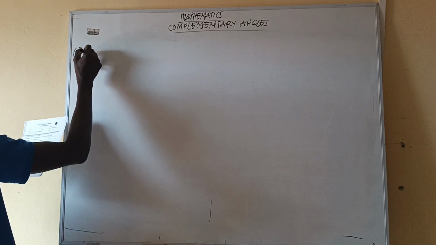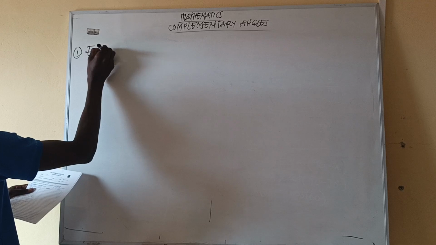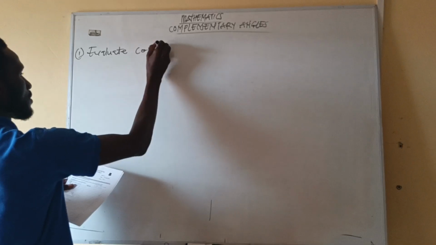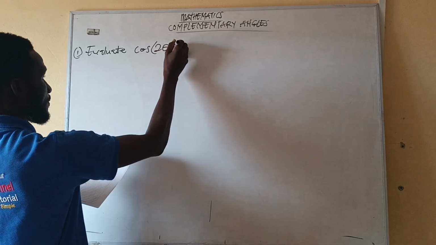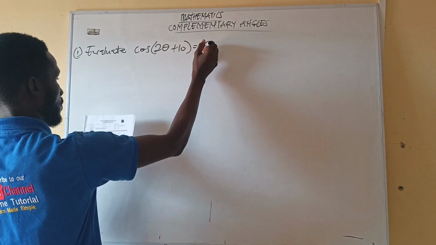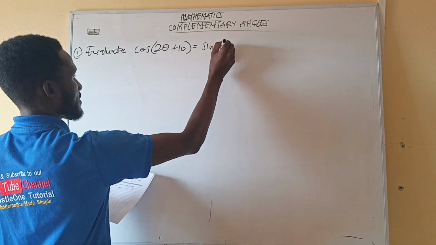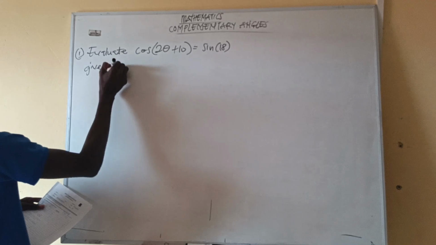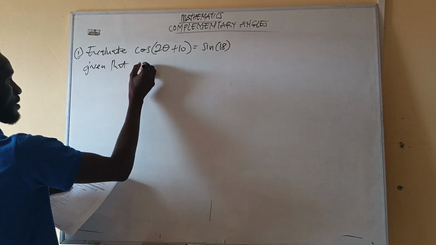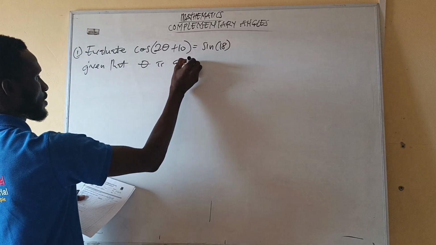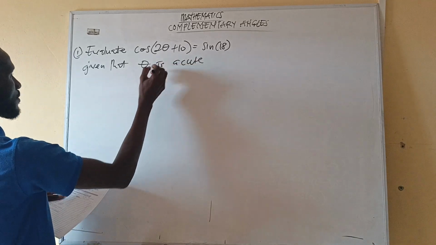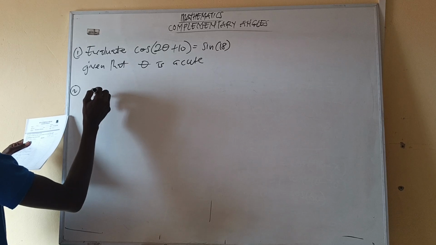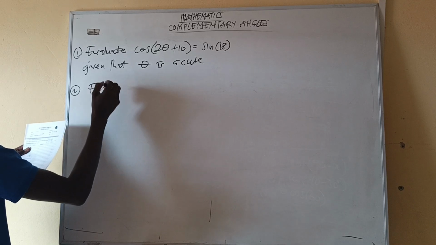Now, we are to evaluate cos 2 theta plus 10 equal to sine 18, given that theta is acute. Now 2, find y